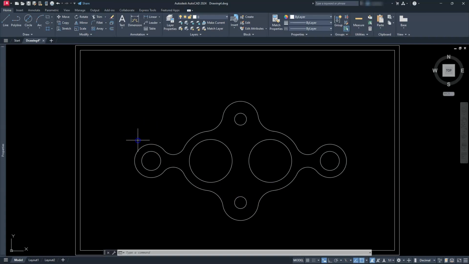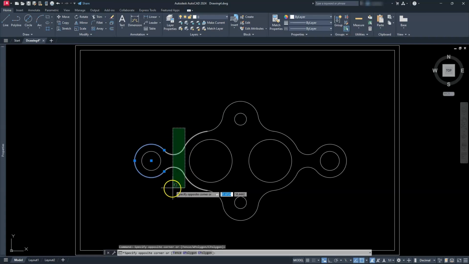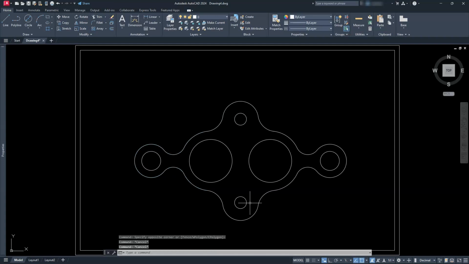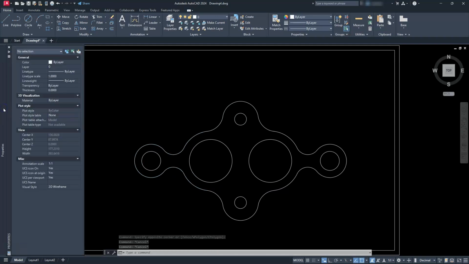So what I'm going to do first is select all of my arc lines that are creating this, right? You can see, by the way, that it's all of the stuff except for the circles, right? So what we can do is there's a quick selection option. If I come here and choose quick select,